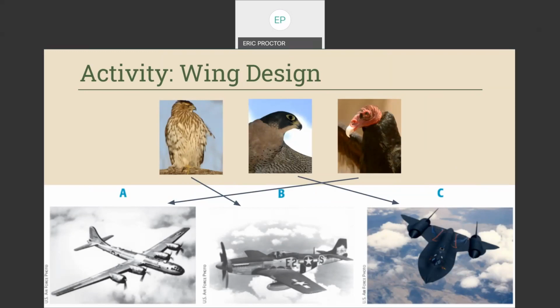Both have very long, stretched out wings that allow them to maintain lift without expending as much energy. So those long wings can help make them more fuel efficient, so they can fly for longer times on those long bombing runs. That of course leaves C, which is not the P-51, the SR-71, which is one of the world's fastest aircraft. It ties in with the world's fastest animal. And in this case, they both have that triangular shaped wing, which helps them lower the resistance and fly at faster speeds. So good job.